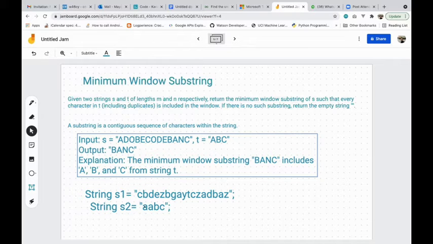So if I have to print a substring from string 1 having all the characters in string 2, one answer starts from this C and goes on; it reaches 1 A, it reaches 1 C, it has 1 B, it has 2 B's, but one answer is still this A, which is, I guess, 12 in length. So one of the answers is this one, which is not the shortest. The shortest one will be: I can start from this C, and I have this A, this B, and this A. This is the shortest answer for this. There are multiple answers, but I have to print the shortest substring out of all of those.